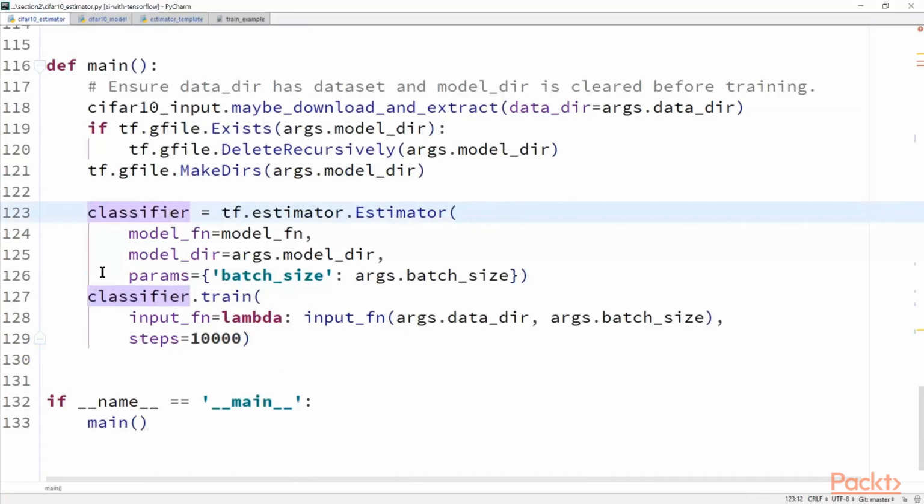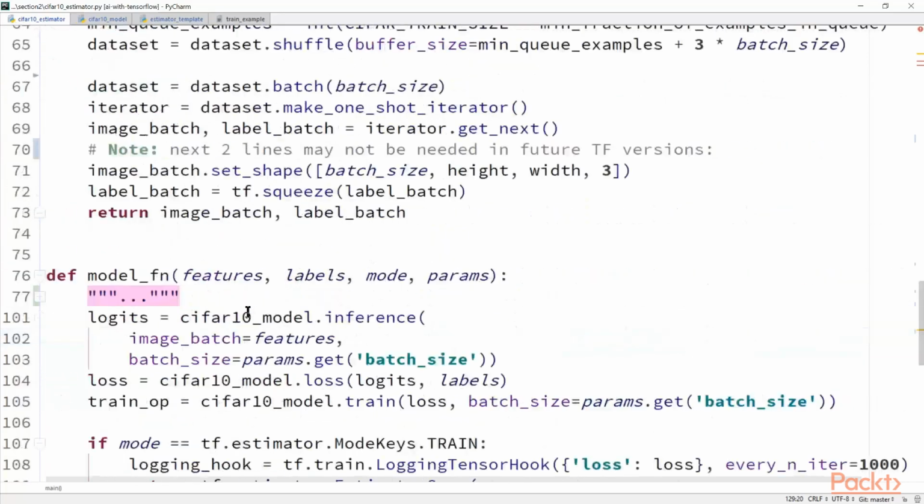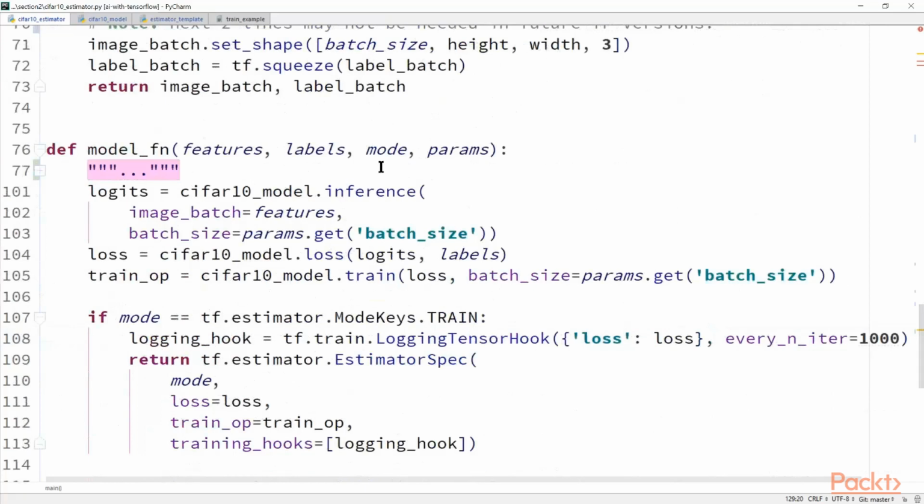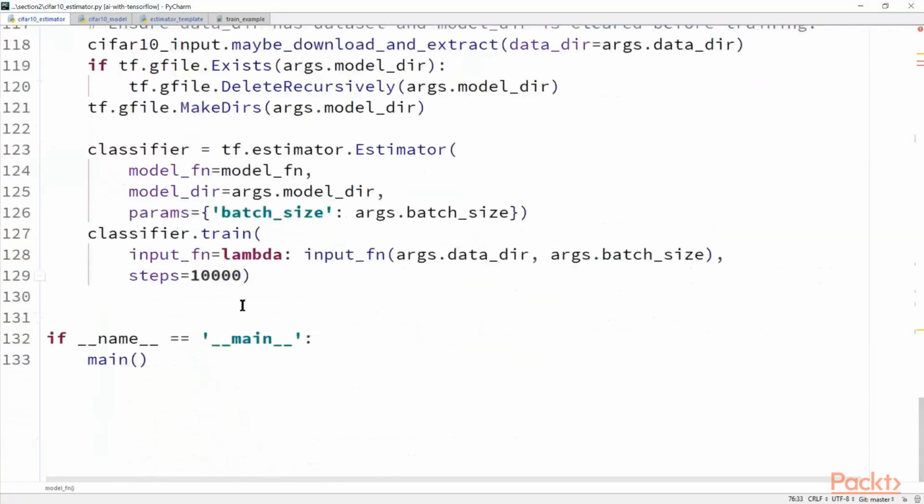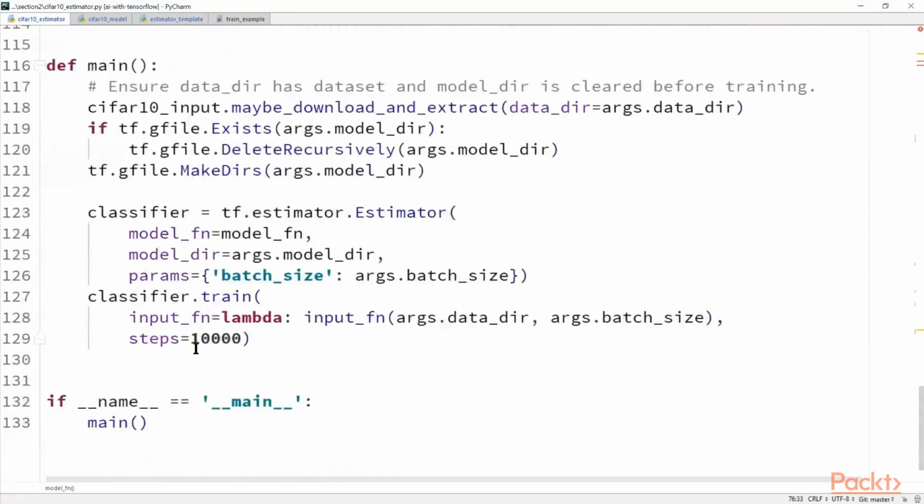So we are truly ready to train, and wow, look how easy that is right there. It is a single call to a single function, as opposed to 50, 60 lines of code inside of its own method. And all we have to say is, I want to train my classifier. So this is going to first call the model function. It's going to pass in mode as tf.estimator.ModeKeys.TRAIN. It's going to build the entire model graph, and then it's going to look at our passed input function and it is going to use the outputs of that to feed the model function